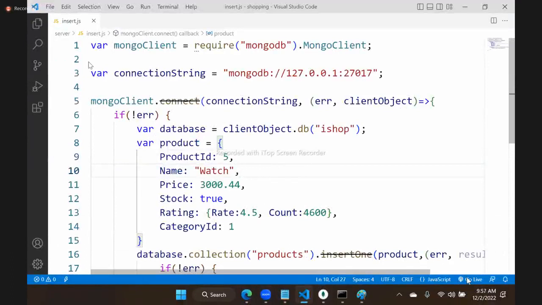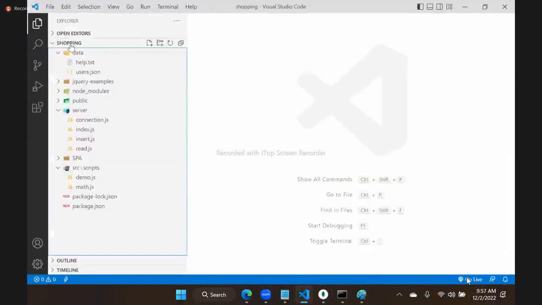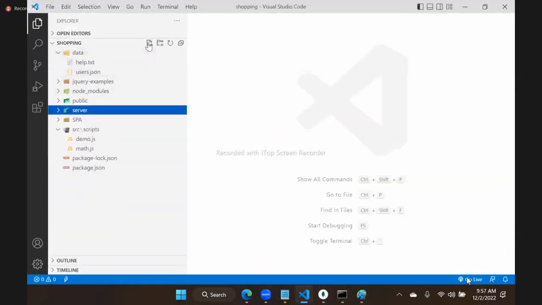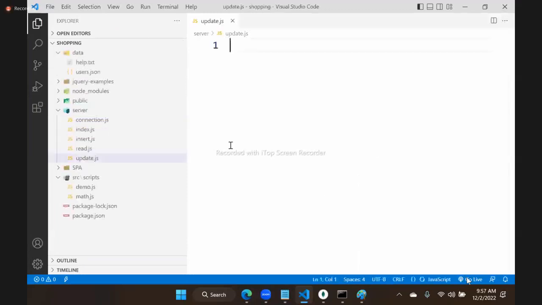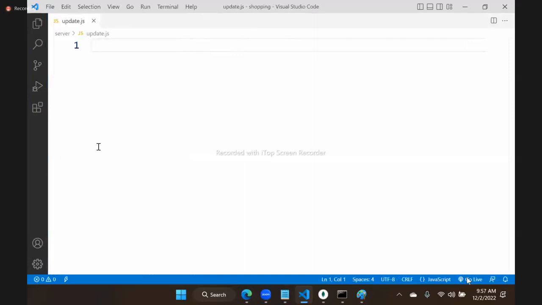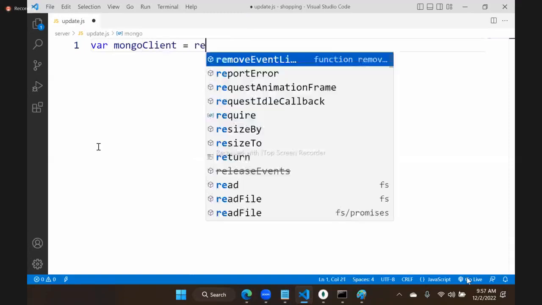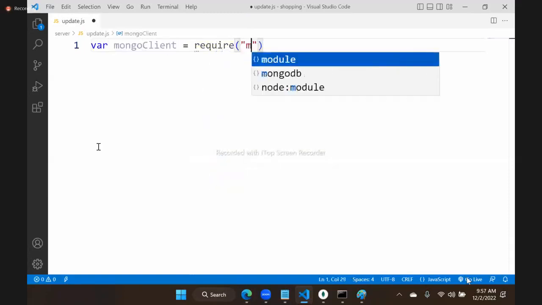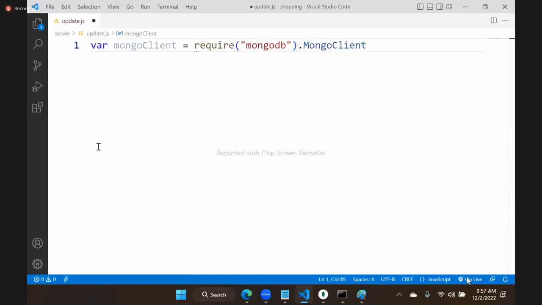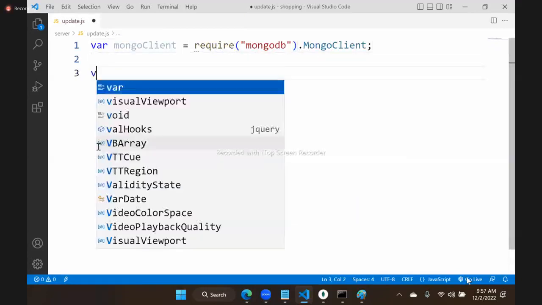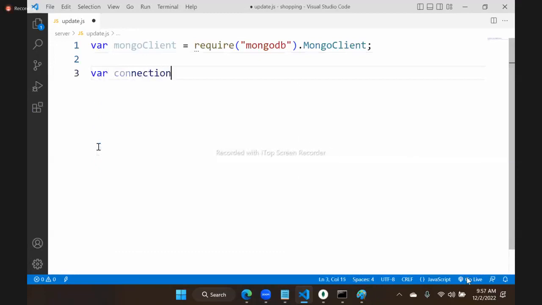So let's write another program. Just for your clarity sake, I am writing different programs. Another program, update.js. First step is what? MongoClient is equal to require MongoDB dot MongoClient. After that, we need a connection string. What is it? mongodb://